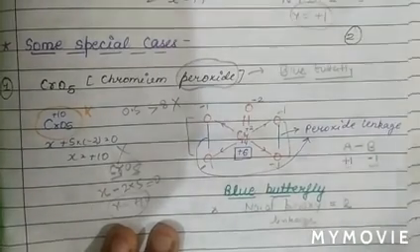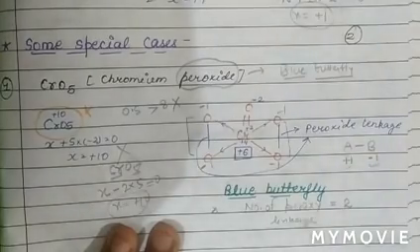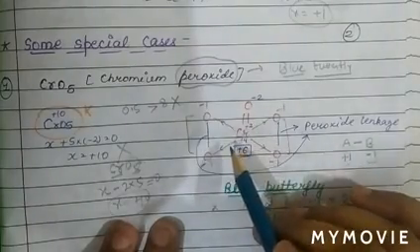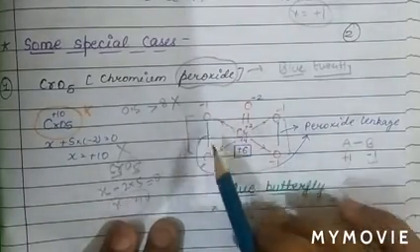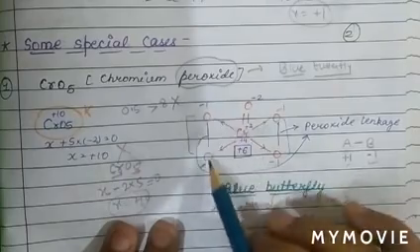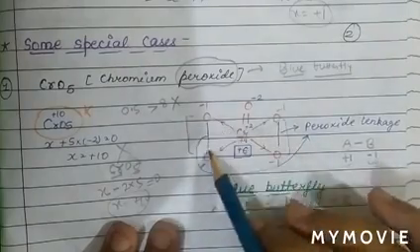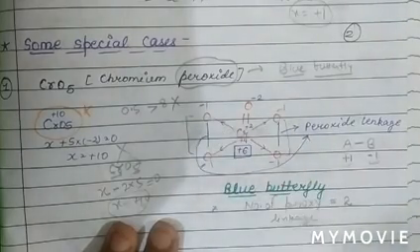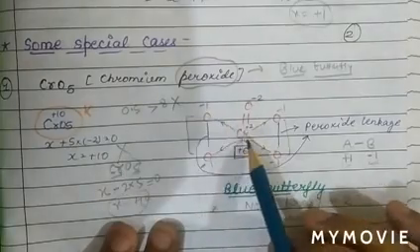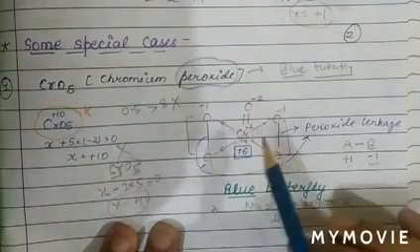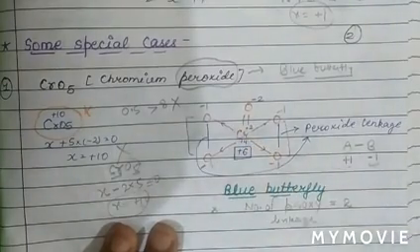See, so basically in this case there are 4 bonds and oxygen is more electronegative than chromium. So due to these 4 oxygen atoms, the charge on chromium atom will be +4.